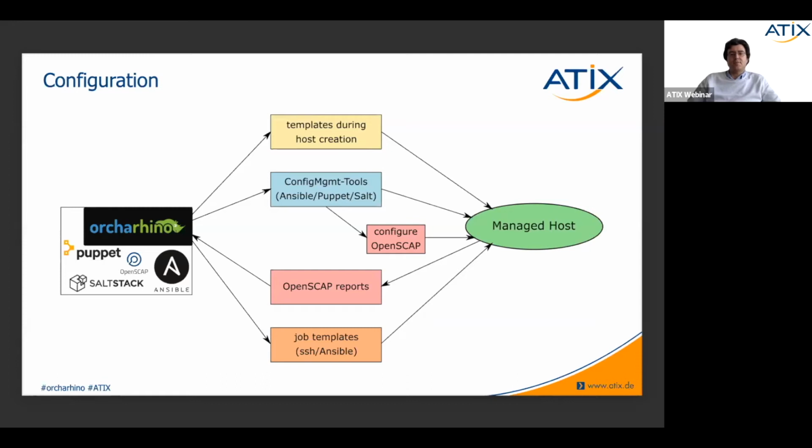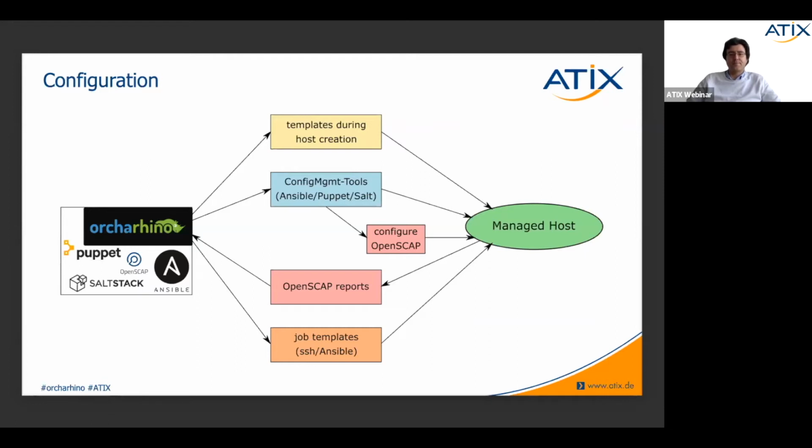Puppet is completely different from the idea. It is a server client system. So we have a Puppet master where the Puppet service runs, where we place all the configurations that have to be rolled out on our clients. On our client, there is an agent running in periodic intervals, in general every half an hour. The agent then asks the master about the configuration. If the configuration is fine, it just does nothing because everything is fine. If it is different, it will be corrected